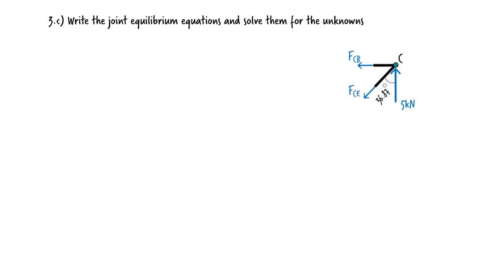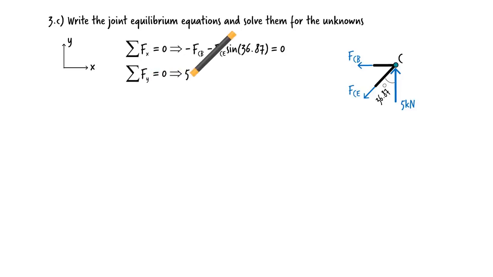Now we can write the joint equilibrium equations. We have the sum of the forces in the x direction must be 0. The sum of the forces in the y direction must be 0. Solving the equations for the unknowns, we get: